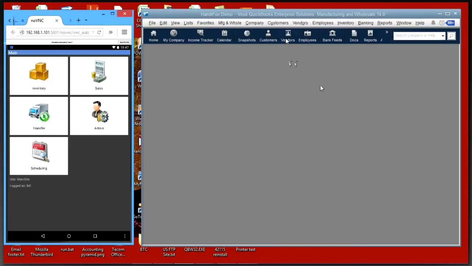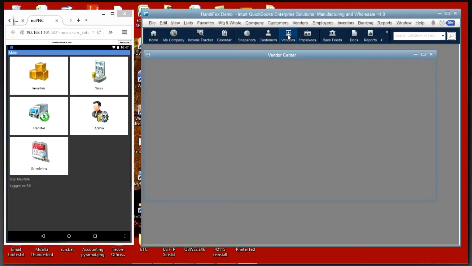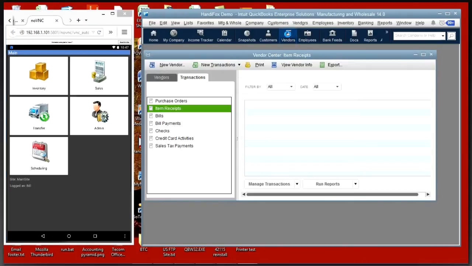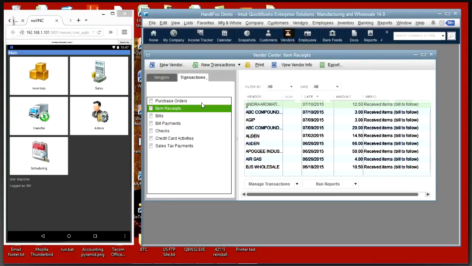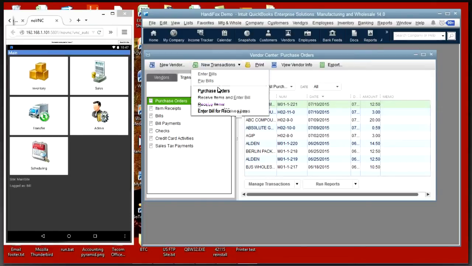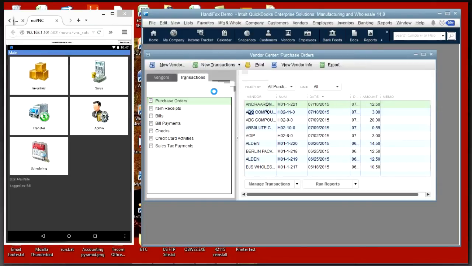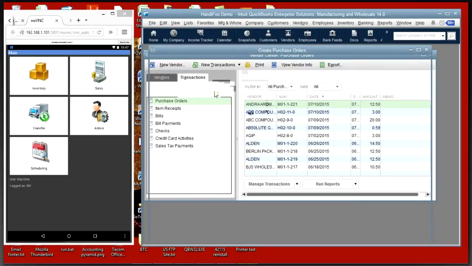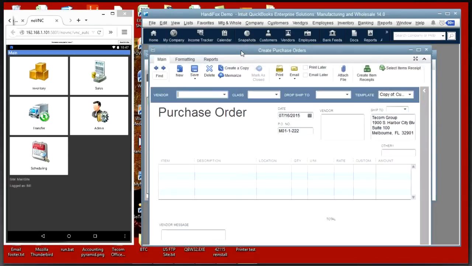So this is my QuickBooks over here. I can go to the vendor center, and up here there are some existing transactions. We'll be looking at some more of these. Here are some purchase orders that already exist. But to demonstrate the program, I'm going to generate a new purchase order in QuickBooks, which is typically where they are. So now I'm playing the role of somebody who is in charge of ordering material in the business, and I need to buy some parts from a vendor, and I go to QuickBooks and I open up this purchase order here. So first thing I do is pick a vendor,